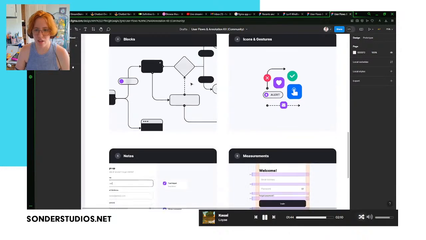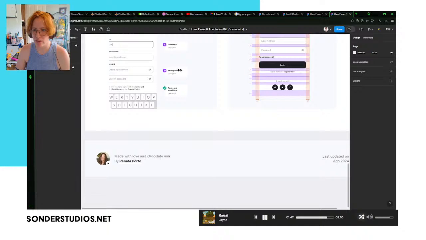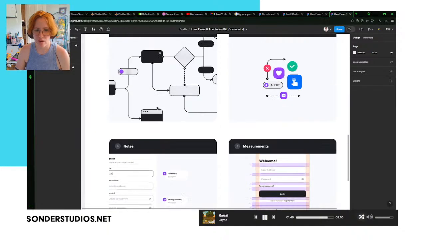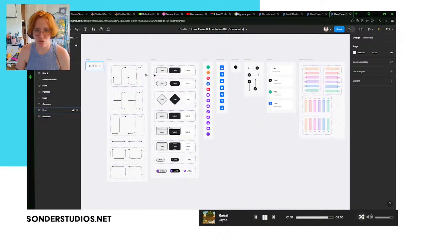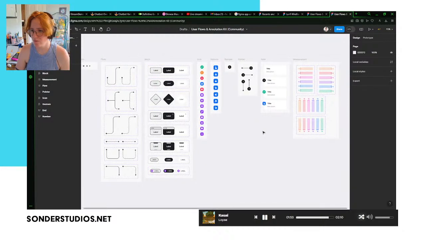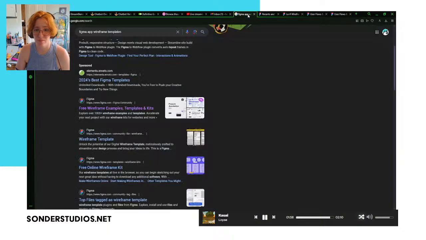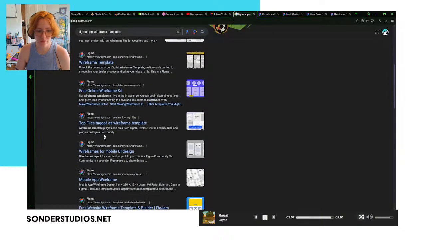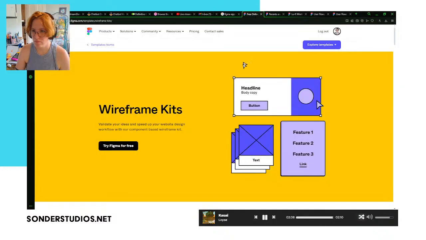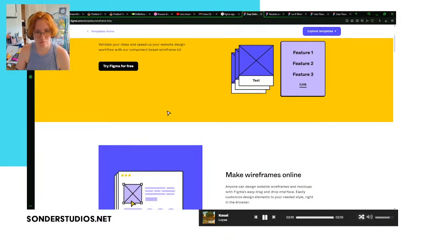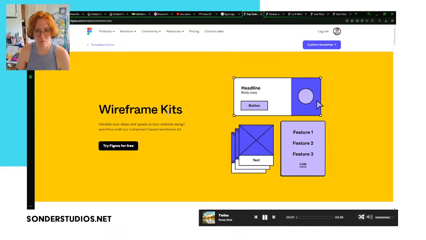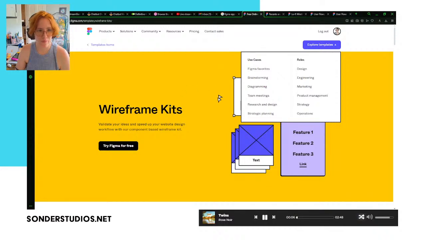Flow and annotations kit. Okay, so this is more about marking or annotating wireframes than it is about actually creating wireframes. Okay. Still good to have. Oh, this is just the frickin' website.